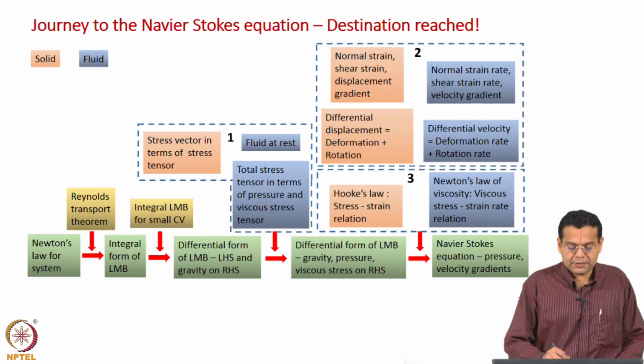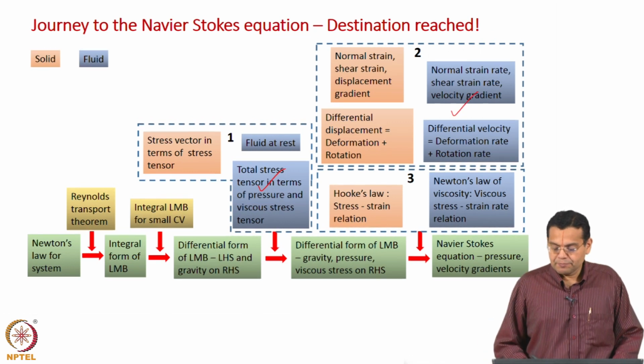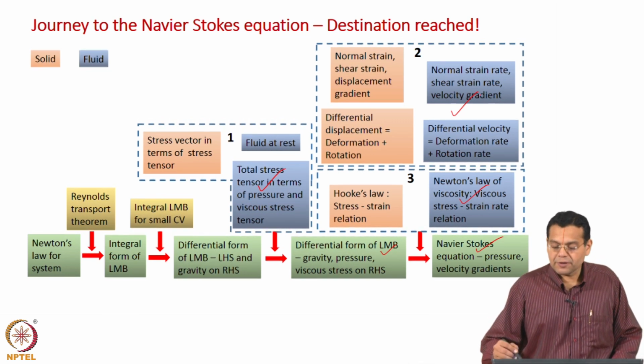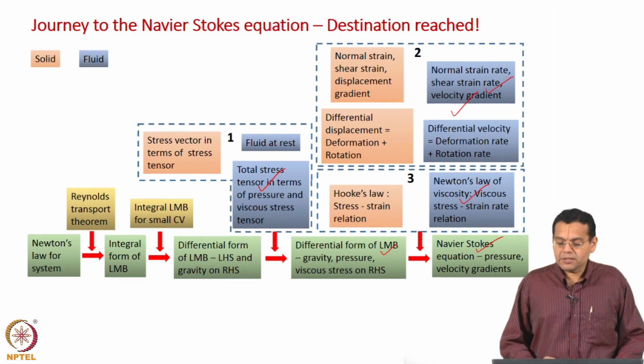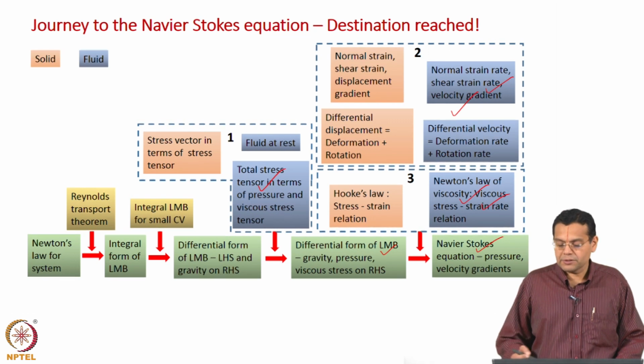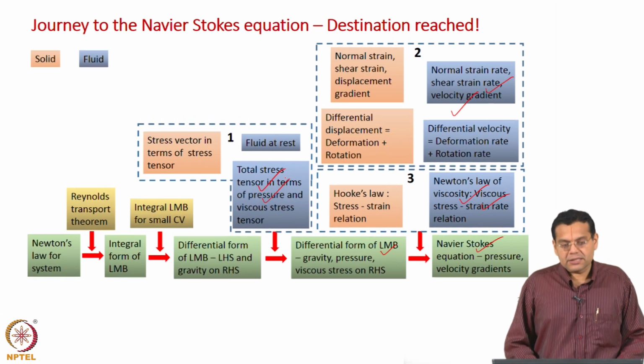We discussed viscous stress, total stress, then we discussed strain rate, related viscous stress and strain rate through Newton's law of viscosity, and substituted in the linear momentum balance to derive the Navier-Stokes equation. Now, we use the Navier-Stokes equation and find out the velocity profile. Once I know the velocity profile, I can know the components of the strain rate tensor. I can find out the viscous stress tensor components using Newton's law of viscosity. Of course, it means this becomes known. Of course, we can draw the stress element as well.